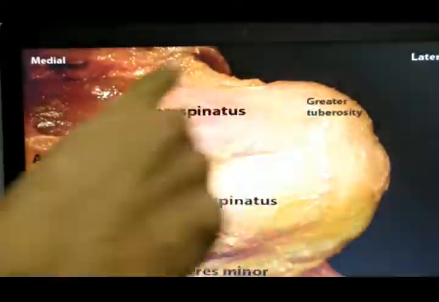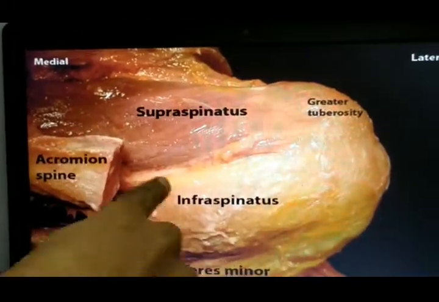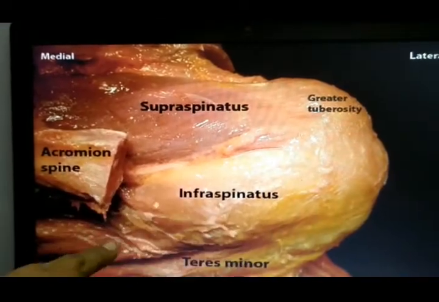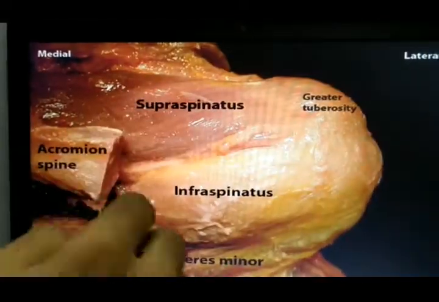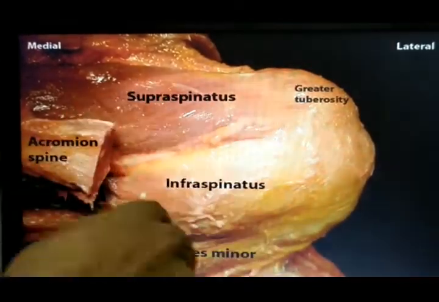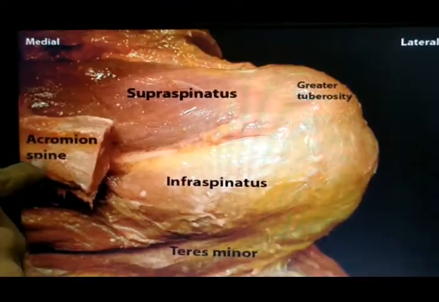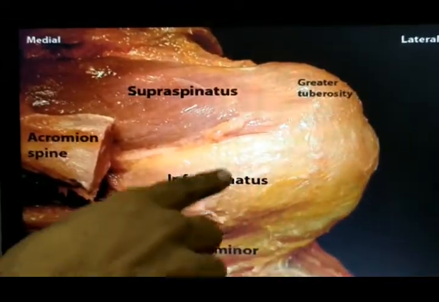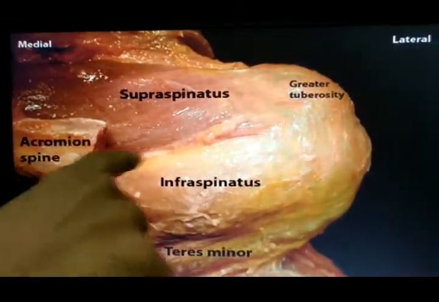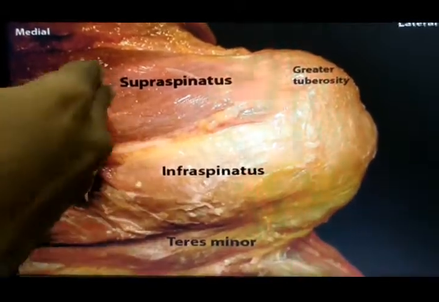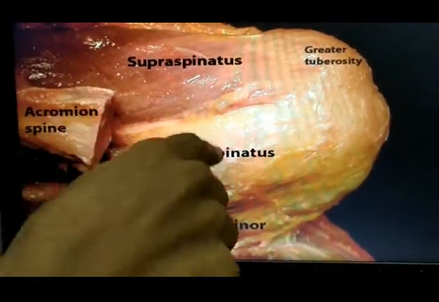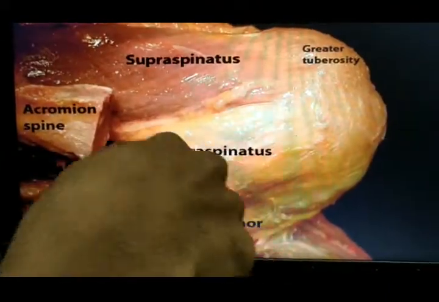And here is the picture of a rotator cuff, the cadaver body dissected. After dissection we can find these. If we remove the skin and some subcutaneous fat around the shoulder joint, we can see the rotator cuff muscles. This is the posterior view, supraspinatus muscle coming from the supraspinous fossa, and this is the spine, the spine of scapula, and acromion made cut so that we can see the supraspinatus and infraspinatus clearly.